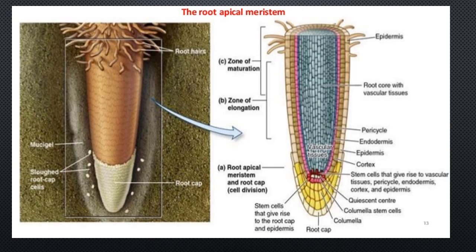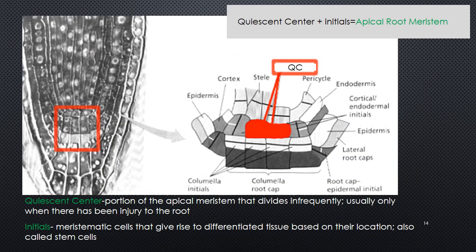It also plays a role in sensing gravity, and that is the purpose of these columella cells, which is these right here. And they're called that because they really are more columnar, kind of elongated. So in this image here, this would be our meristematic region. So looking really closely at that meristematic region, our apical root meristem that we've talked about,